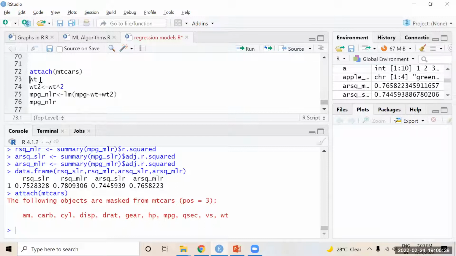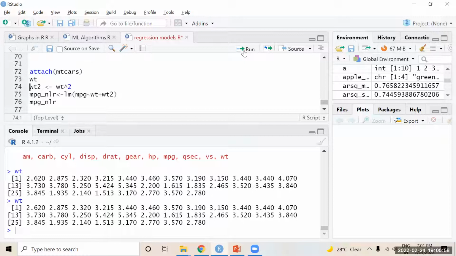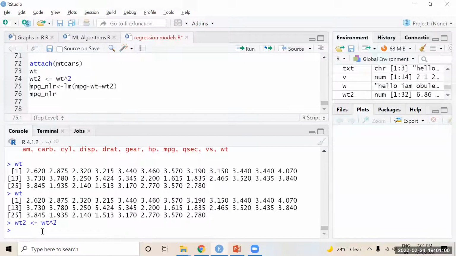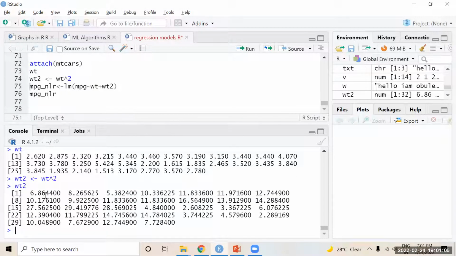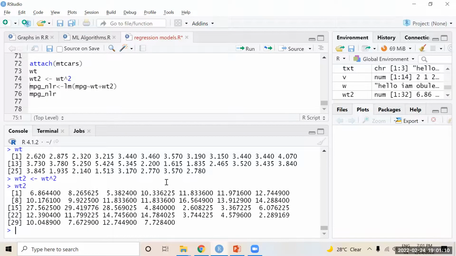My independent variable is weight. I am taking the weight, and I am calculating the exponentiation of the weight values using this symbol, and storing it into WT2. So what is my variable? WT2. This stands for squaring of the weight values. So weight and weight square. If you want to check weight square, you can check the squaring of our values. So roughly here 2.6 square is 6.8. Okay, last one, 2.7 square is 7.72.